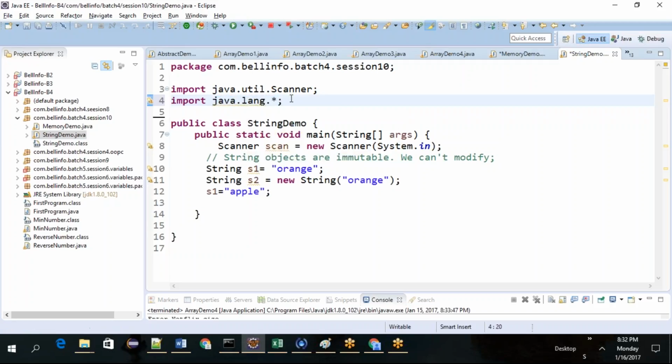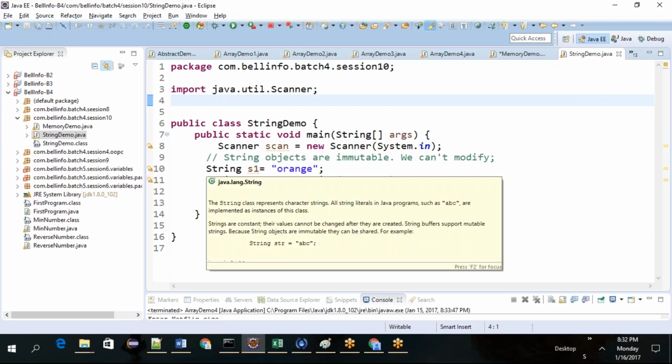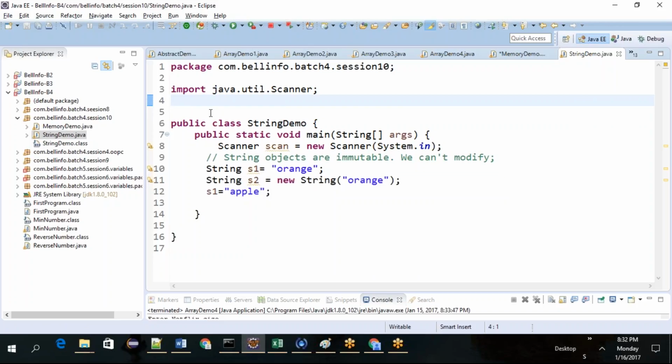By default, this line will be there in each and every program that you write. Java will insert it automatically when you compile the program before running. That's the reason you don't need to import the java.lang package.